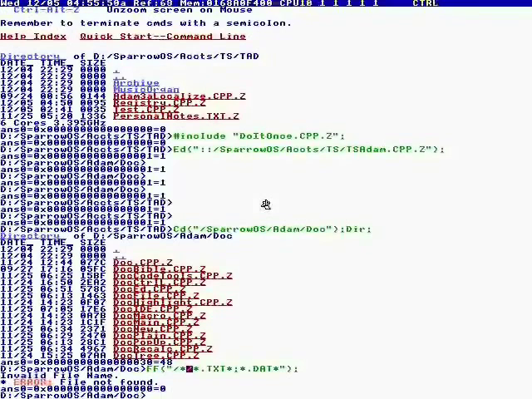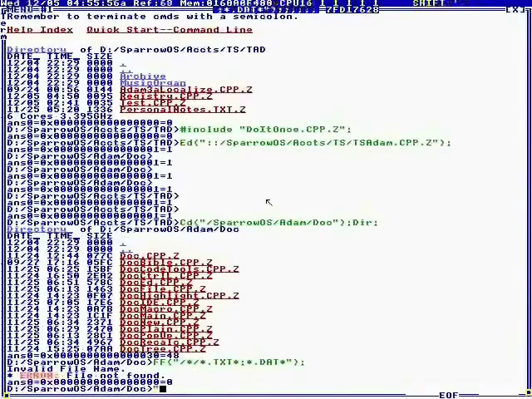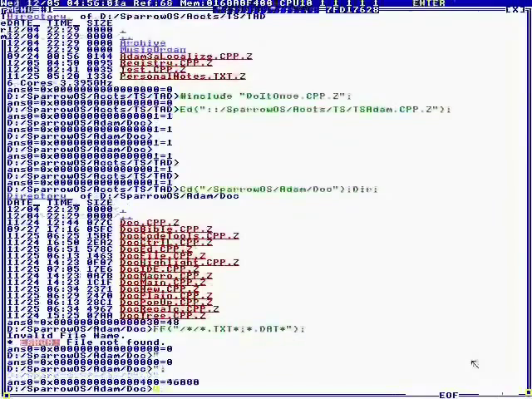One thing, by the way, Control B brings up the border. If you ever enter a quote, notice the quote down here. We have an open quote, so we just got rid of that. Anyway, going back up here,